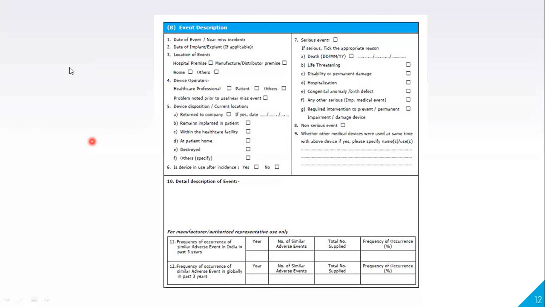Under event description: the date of the event, the date of the implant if it is implantable, the location of the event, device operator, device disposition and current location, if the device is used after incidents, serious events, non-serious events. Everything you should mention under event description, and a detailed description of the event. If these points are not at all related to you, you should also mention under here in your own words, right? That is under event description.